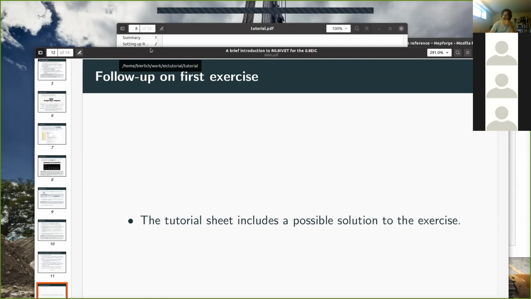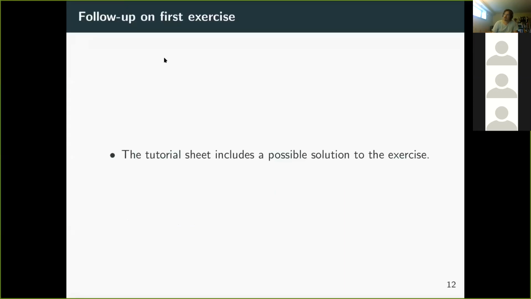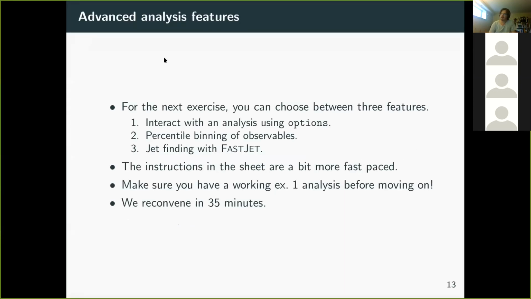Yeah. So let me move on to the next part, which is the possibility to add an advanced analysis feature to your analysis. I have put in a selection of 3 advanced features, and you can choose between them, and you can either implement 0, 1, 2, or 3 into your analysis. I would recommend that you get to the point of having the full modified analysis doing these 2 dN/dη histograms